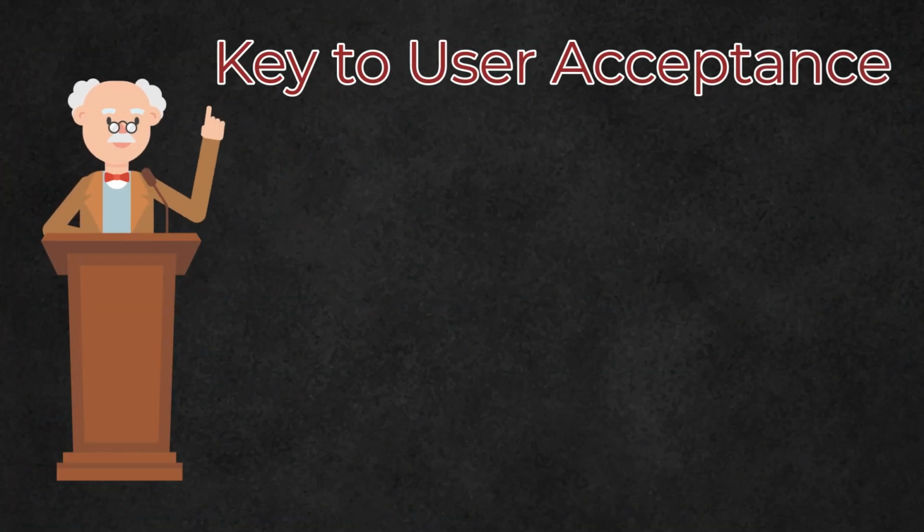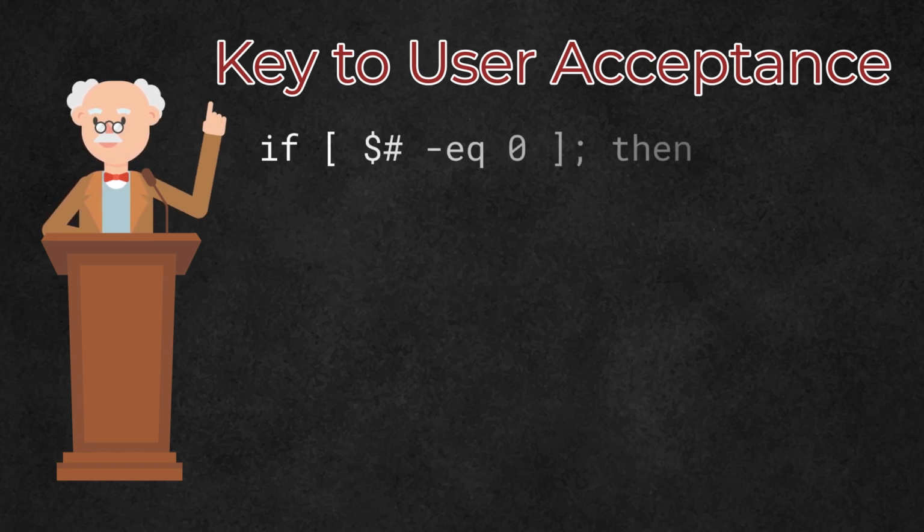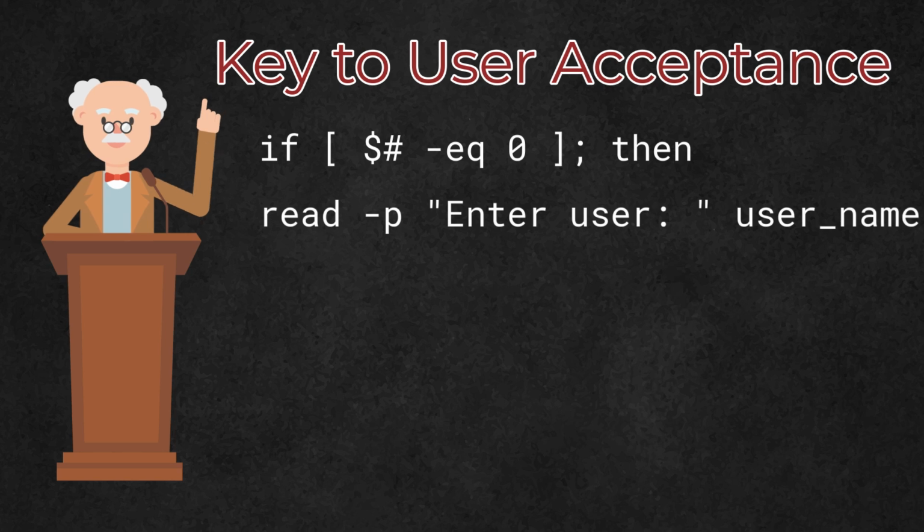In this way, we can provide flexibility to the user. This is always something that is going to be key in user acceptance, making sure they can use it in different ways and not making the application difficult to use. We're looking at the if statement here and counting the number of arguments. If that is 0, i.e. we haven't provided arguments, we can use the built-in command read to prompt for user input. Else, obviously, then we have provided arguments, we can process the arguments as before.